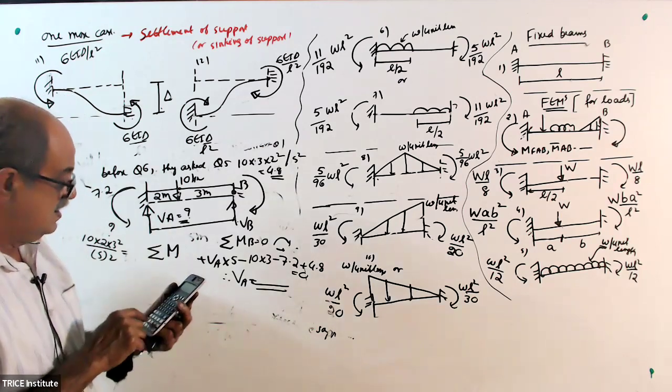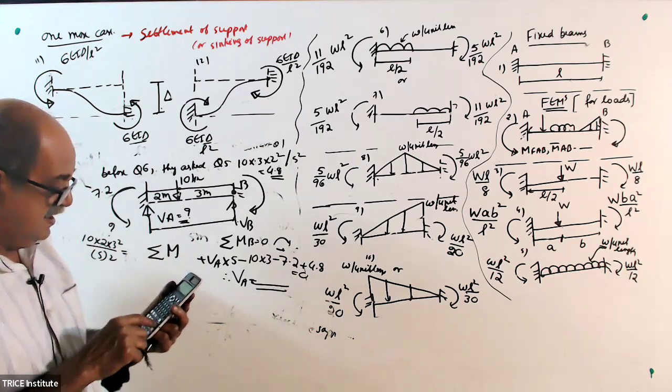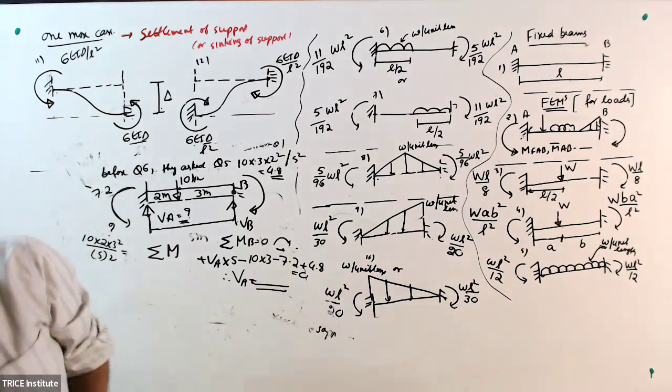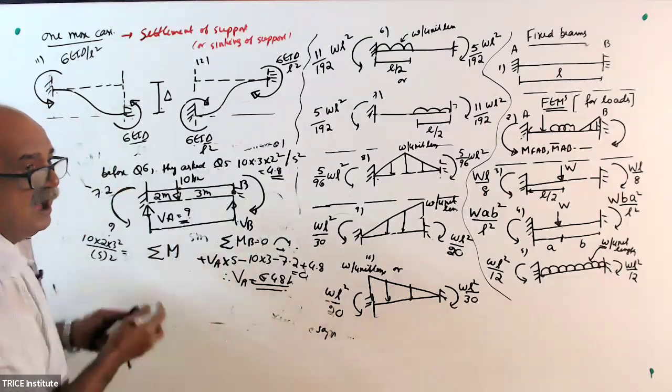$30 plus 7.2 minus 4.8 divided by 5 gives 6.48. Answer is 6.48 kilonewton. So the options are: